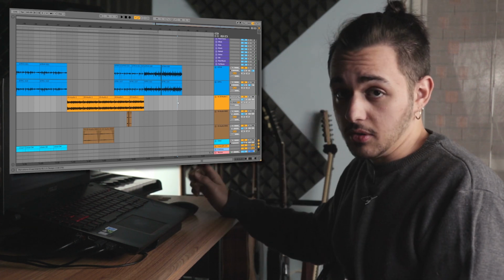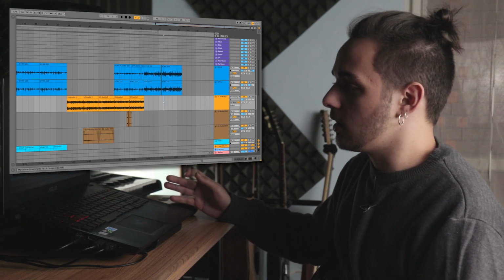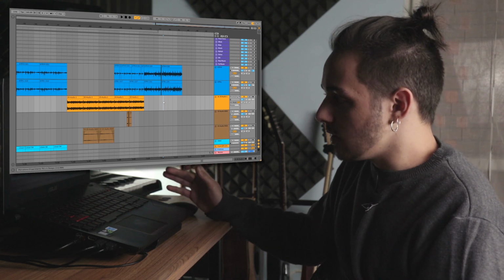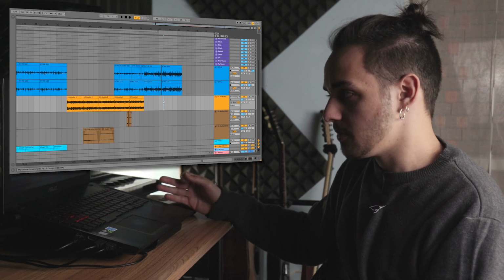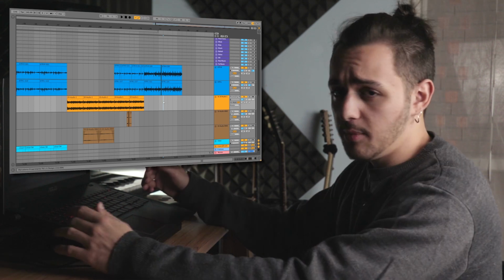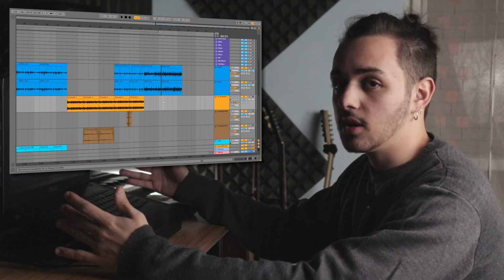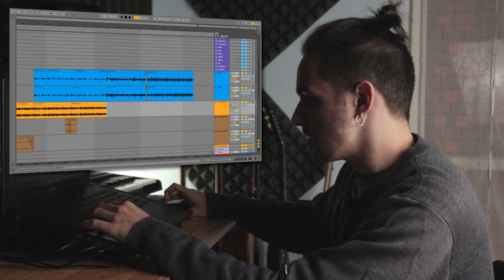So we need a transition. And here's a trick for you. If you want a section to sound big, like we want this chorus here to sound really big, we first need to have an empty section with less instruments before that as a transition. And the more empty the transition is, the more big will sound the moment that comes after that. So if we make almost no instruments,